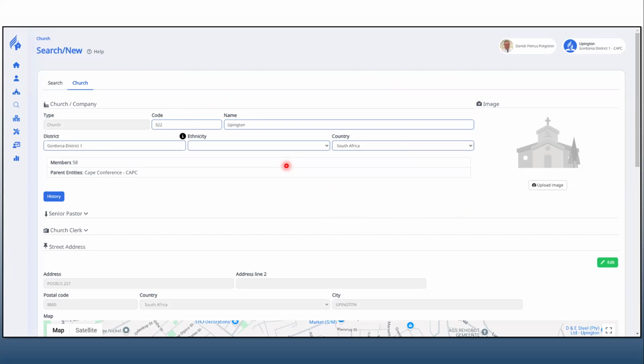I know of one congregation that has two services, and the first service is indicated at this time, and then they've got an additional service indicated at that time, and they've got another arrangement for Sabbath school or small groups. You can indicate all of that on the ACMS, and that is translated to your 7Me app, where people can